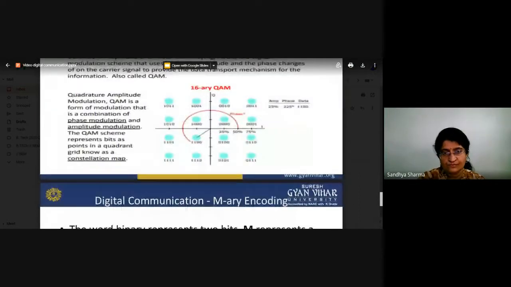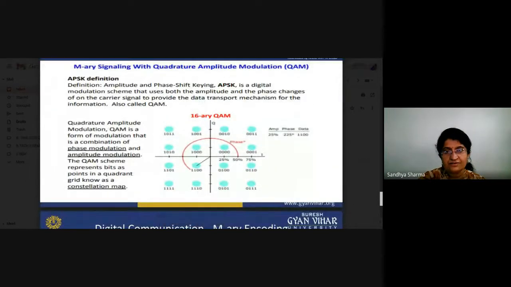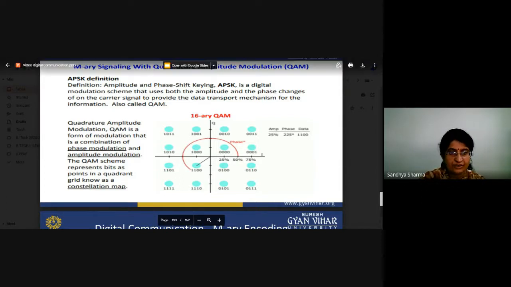We will again switch to 16-ary QAM. You can see there are also different combinations. If we are working on 16 QAM, that is basically M-ary communications. If we are talking about quadrature, there are only 4 symbols. If we are working on 8, there are 8 symbols. And if we are working on 16 QAM, there are 16 symbols, and you have to properly give the particular notation of that code. That is basically the combination of phase and amplitude modulation, as we have already discussed.